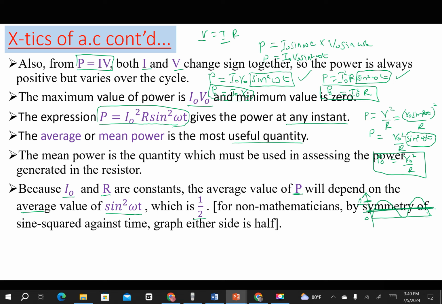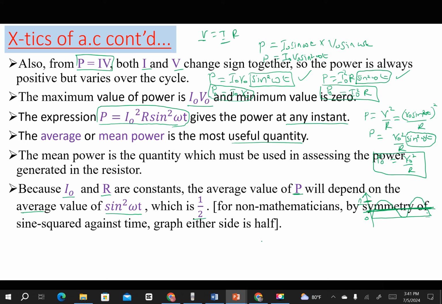The average is going to be a half of this. So it means the average value of sine squared omega t is a half. That is, the graph either side is half. So we must now start thinking of the fact that the average power is really not going to be 0,